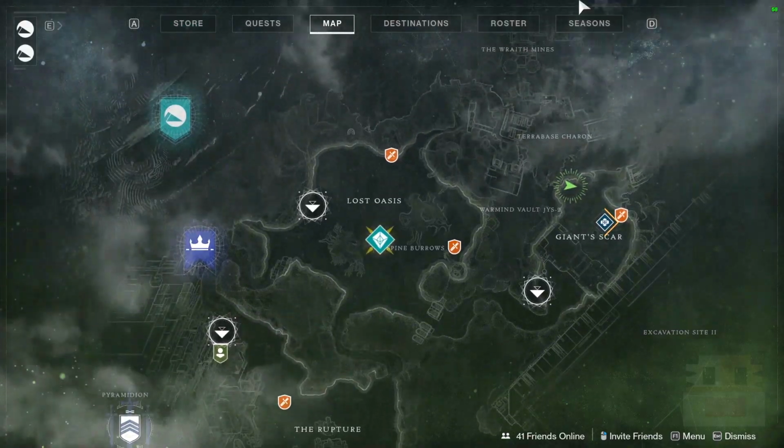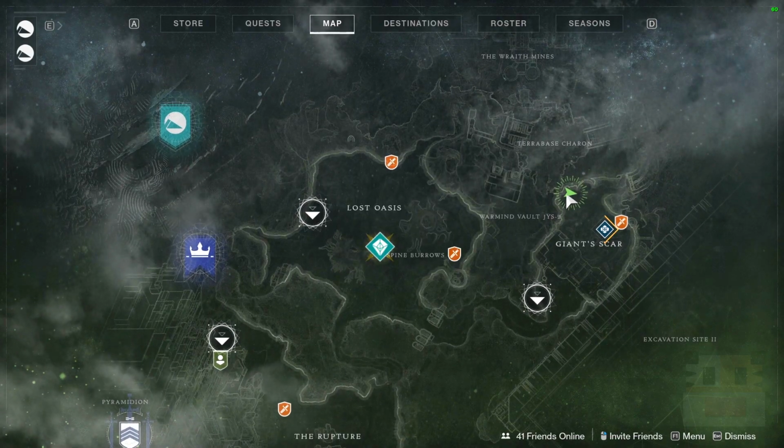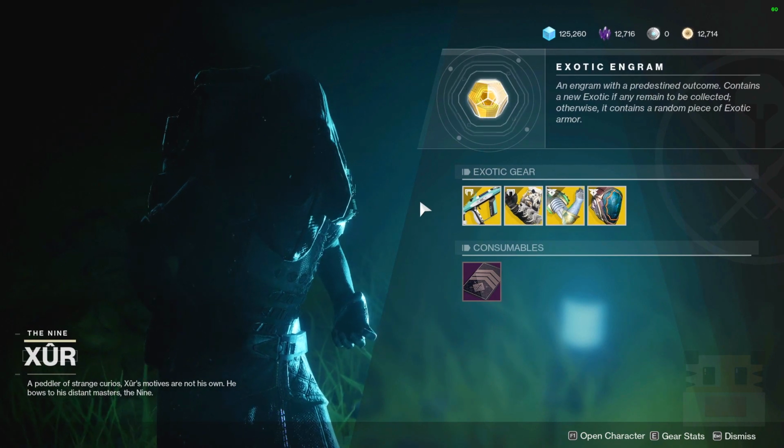So you can find the Xur in his regular location on Io. Just head over to the Giant Scar, make your way into this little cave here, and he can be found right here. This is a high overview of everything that he does have available,